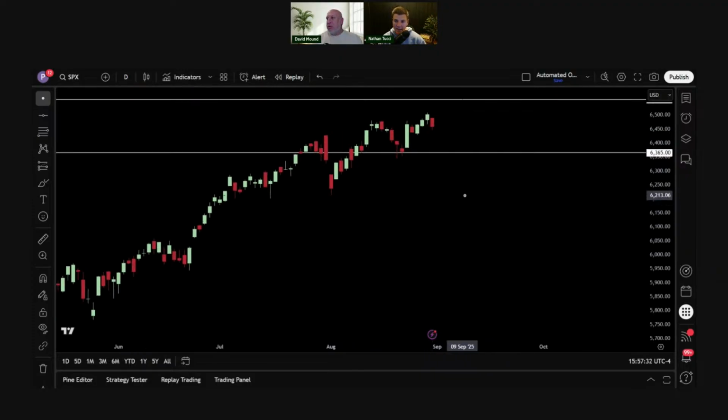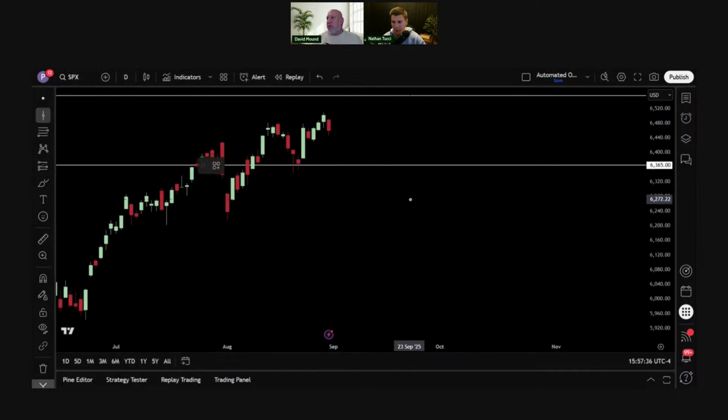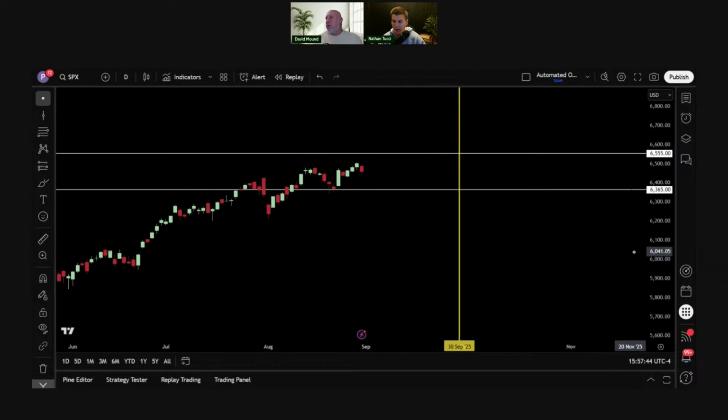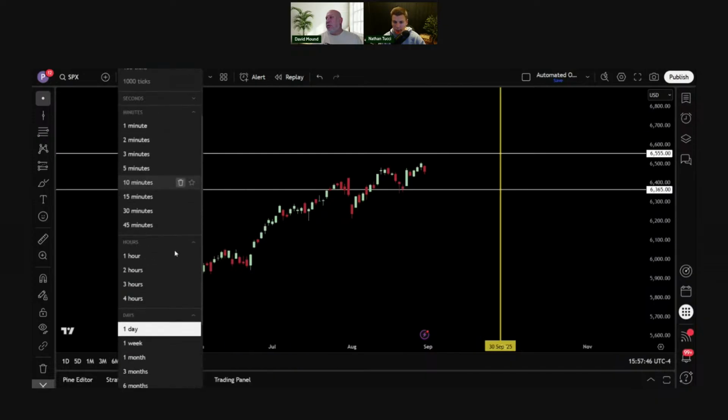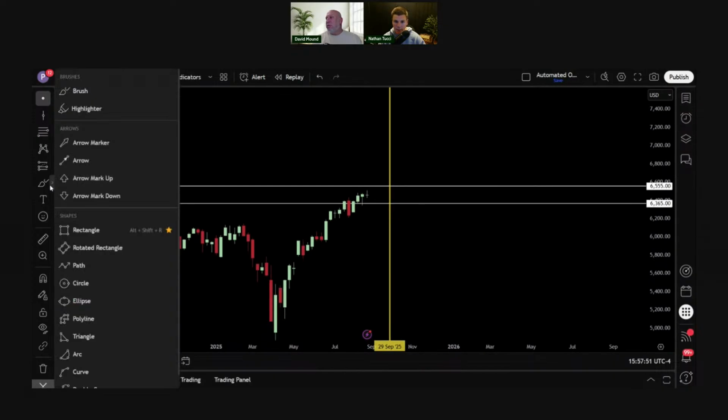And what we need is a month from now. So if you just draw a vertical line here on September 30th, this yellow vertical line, pricing has to be either above here or below here. So if you think about it like this, we can go to a weekly chart and see it a little bit better. Okay, so on the weekly chart,